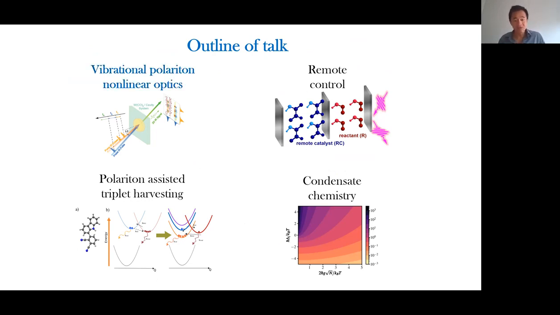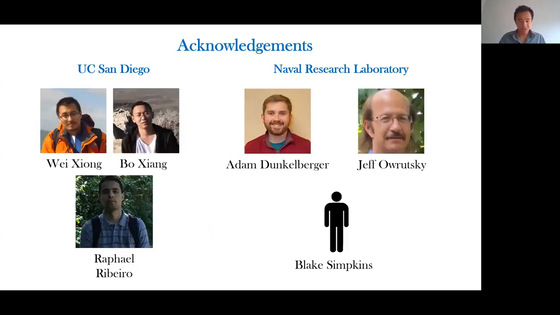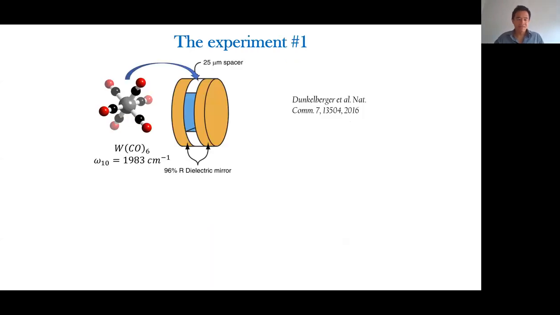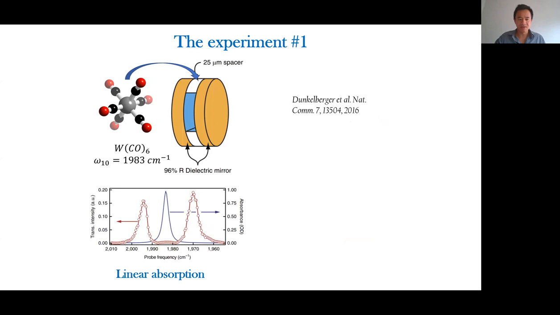Okay, so since most of you don't work on vibrational polaritons, I want to show you the similarities and differences that exist with, say, organics or with solid state systems. So this is work done by my colleague Wei Xiong, Bo Xiang, and a postdoc in my group that now is a professor in Emory, and in the Naval Research Group in the US, Adam Dunkelberger, Jeff Orotsky, and Blake Simmons. So what they did was that they first put tungsten hexacarbonyl inside of an infrared optical